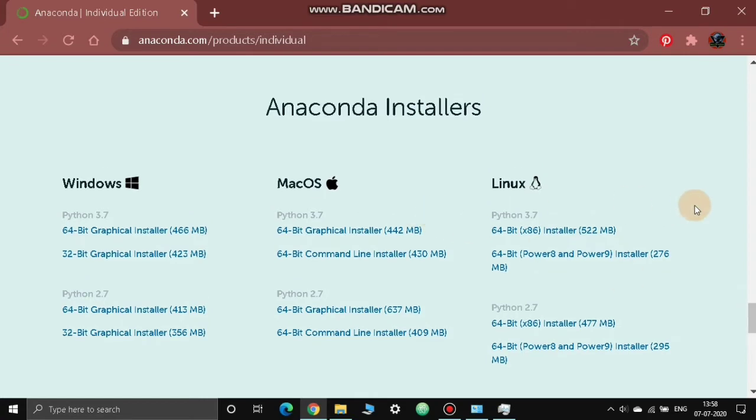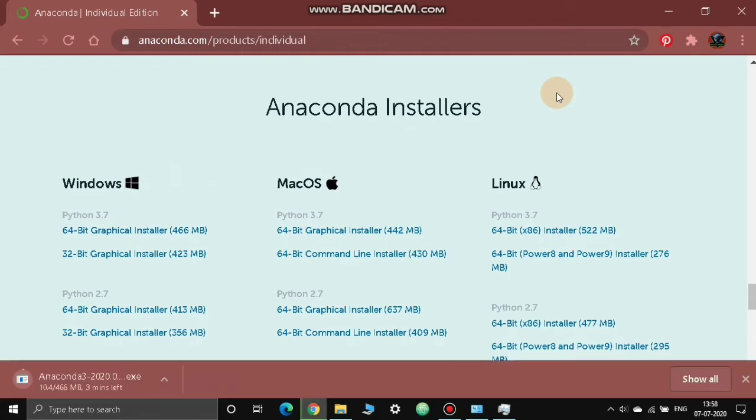So we have to wait more time for 3.8 to come out, but still we can use this one. We click on the 64-bit installer, and lo, the download begins here. I have to pause this video right now because this download will take time. Let's wait before the download ends and we continue our installation process.